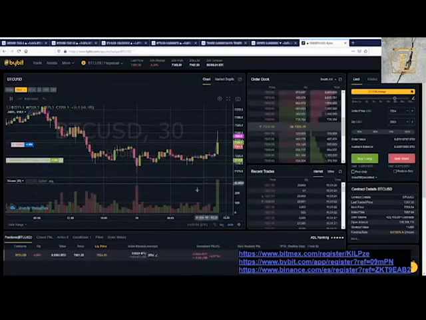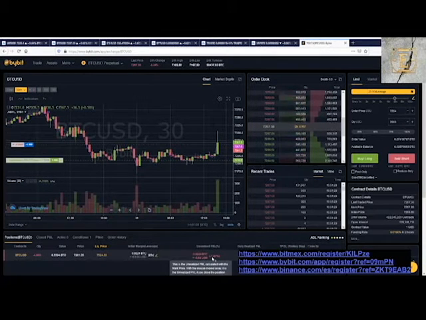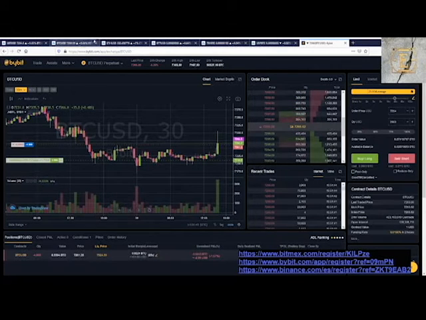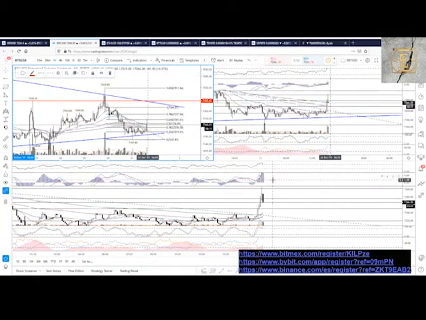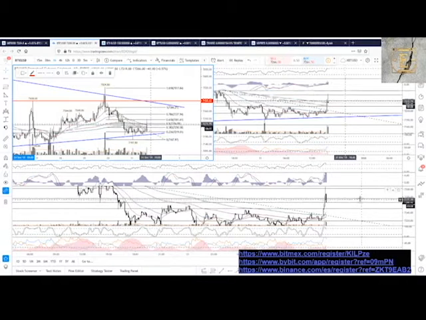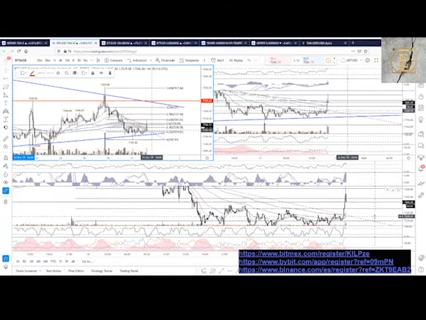Now we are at the entry point, more or less. Now I am covering my... I know it's not yet at the same level. Okay, look, 72.50